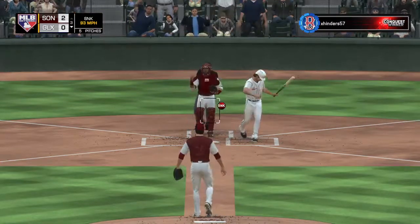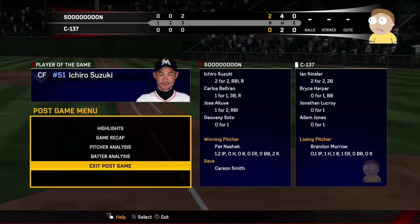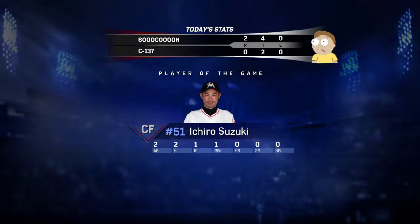Struck him out, so he'll strand the possible tying run at second, and a great job of working out of trouble as this ball game is over. And guys, time to recognize the man who really...